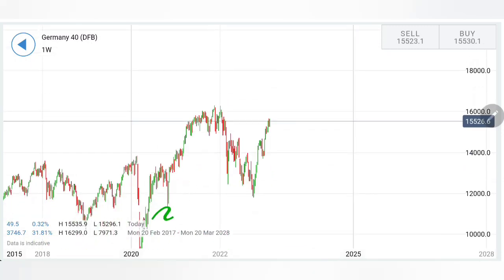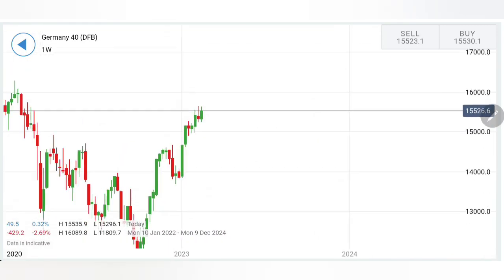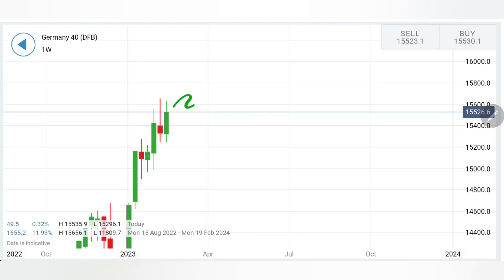And if you look closely on the weekly chart, see rise, retracement, rise. So probably in the near term, maybe it may take a few weeks or months, but it is looking forward to creating a double top before it looks forward to a downward journey. That is my expectation. And for next week specifically, once it trades beyond this zone at 15,600, 15,700, certainly you